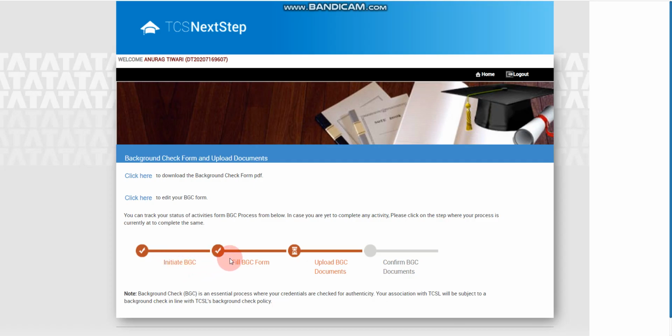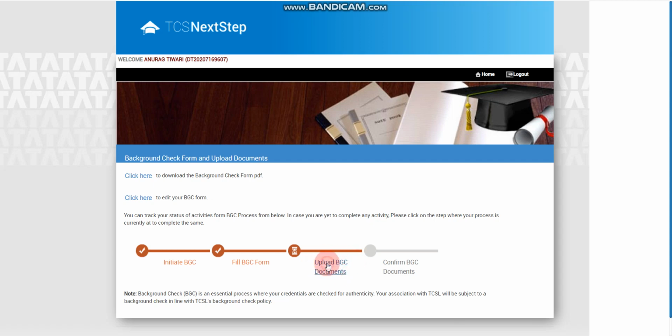The second step is fill the background check form. You can easily click on this, but because I already filled it, I can't fill this form again. However, I can edit this form. So you can edit and fill this form. After filling, this box will be checked, and now you have to upload your background check documents.